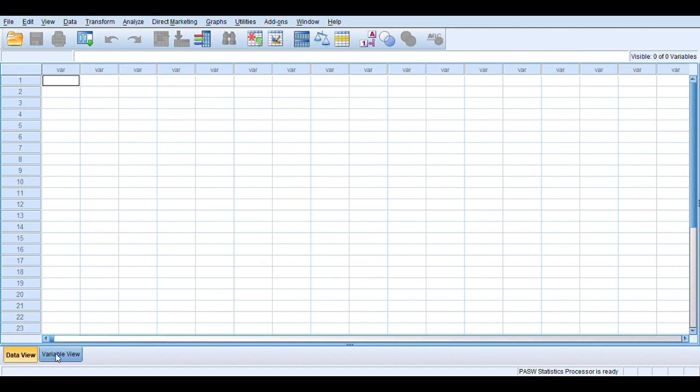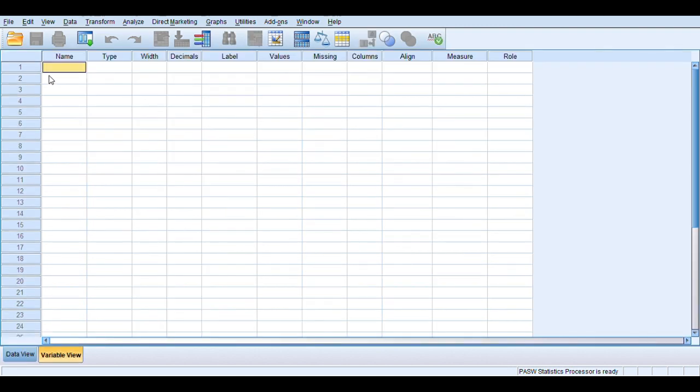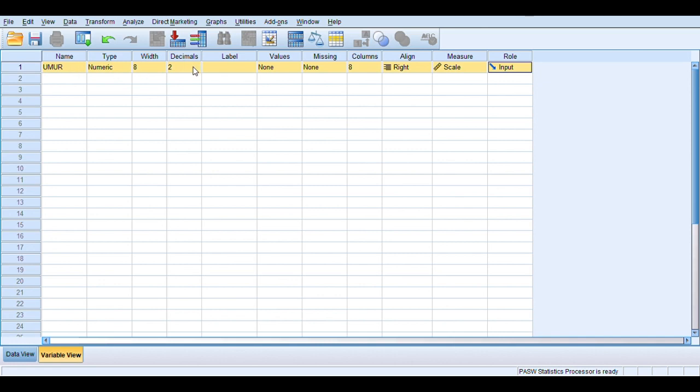First, click variable view. In the name column, write age. In the decimal column, make it 0. And then write region.